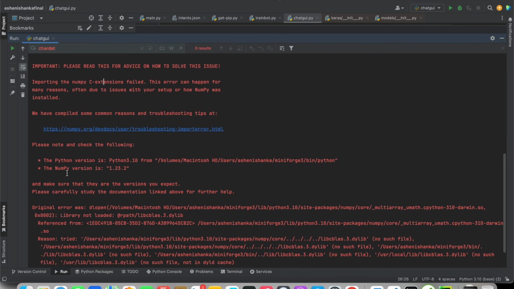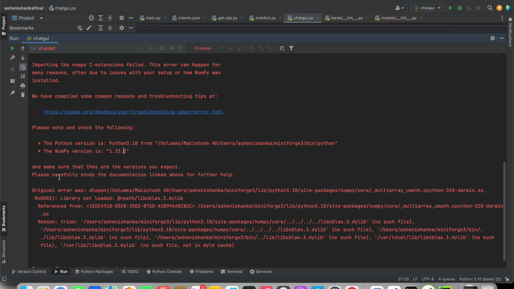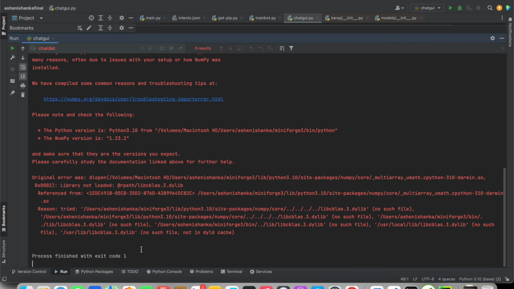Okay, now it shows the Python version is Python 3.10 from my virtual environment, but it shows the numpy version is 1.23.2. So I have to make sure that they are the versions you expect. So what we can do,